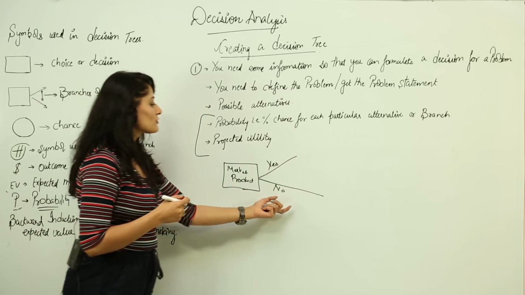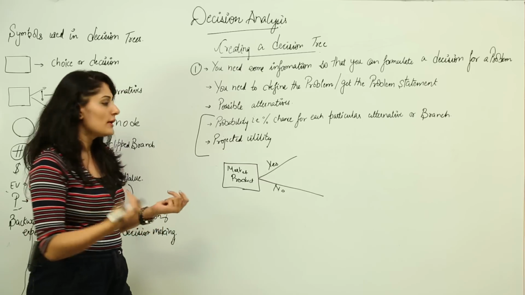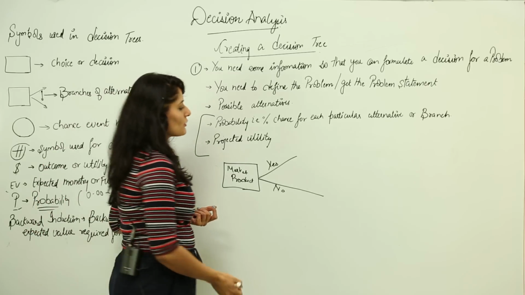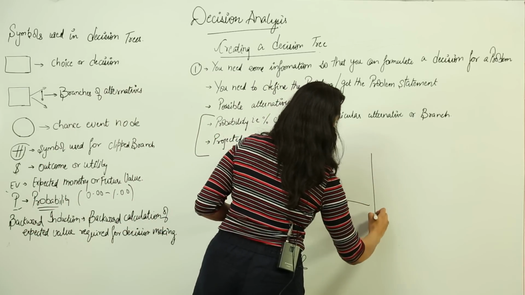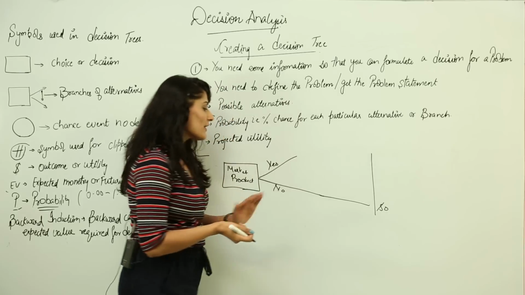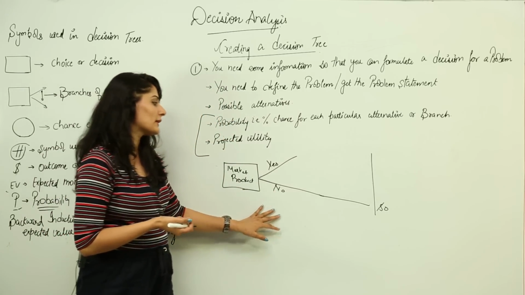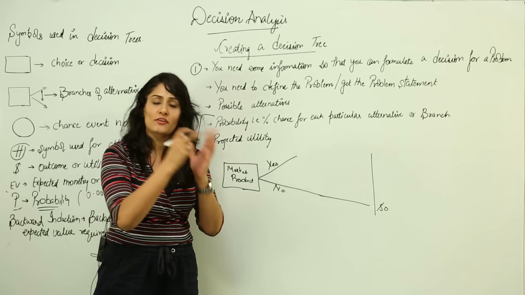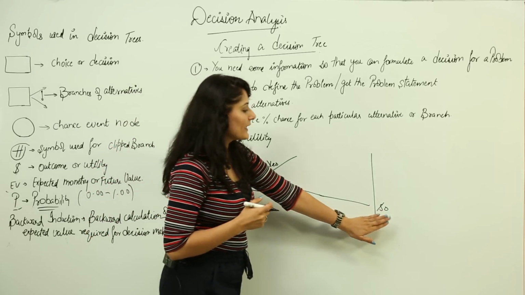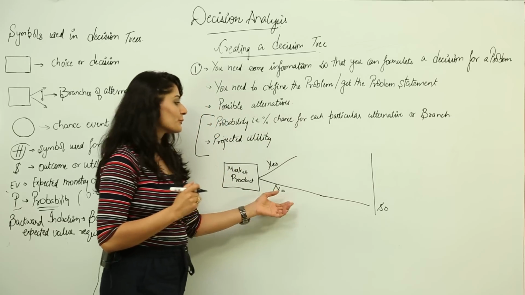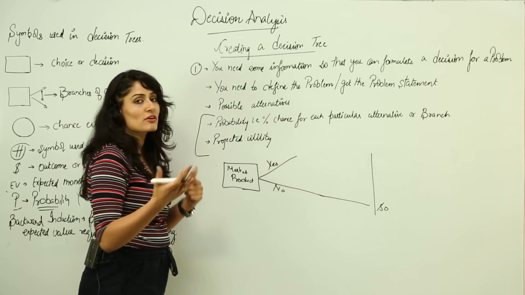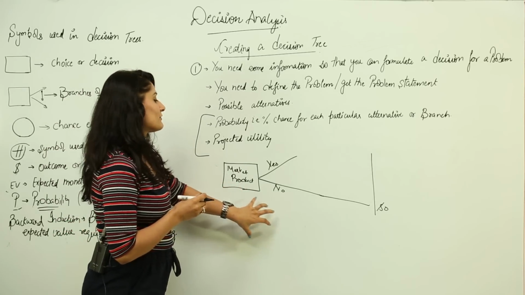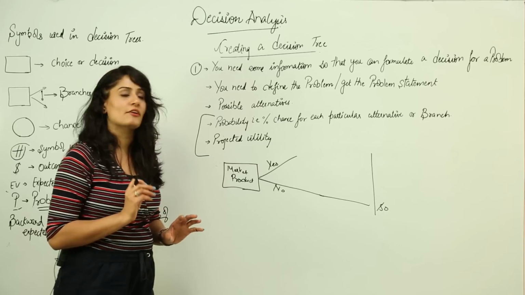So just talking about this no branch first, if I say no, then this means chance is not going to take its place because I am not doing anything. So the expected future value here would be 0. So here I am presuming, or I am assuming that I have not invested anything in this product, nothing has happened, I have lost nothing, I have gained nothing. Only then I can say it's $0. Otherwise it would be a loss if I invest something, because that would be wasted if I don't go ahead with marketing. So for now we just forget that.